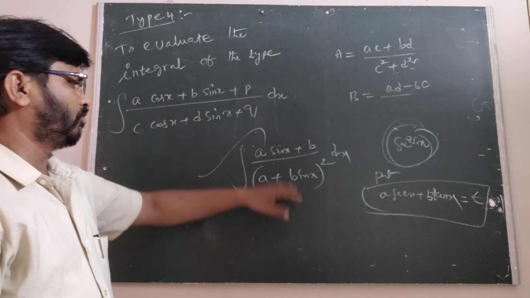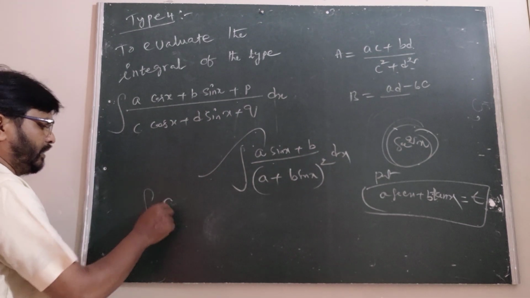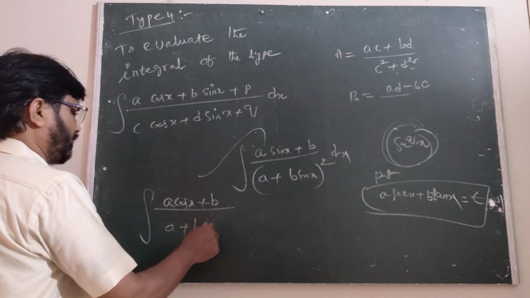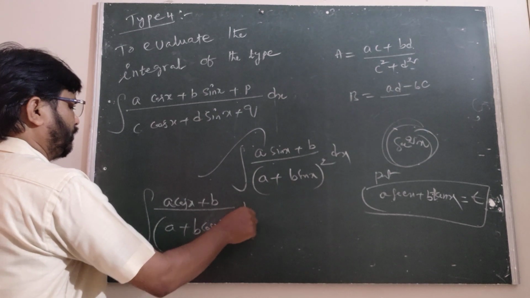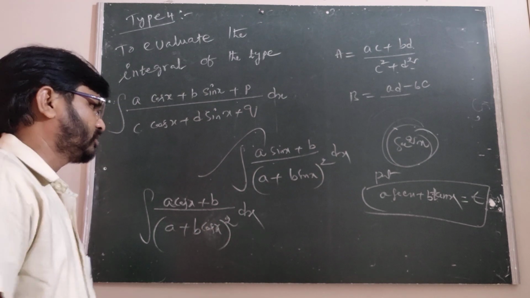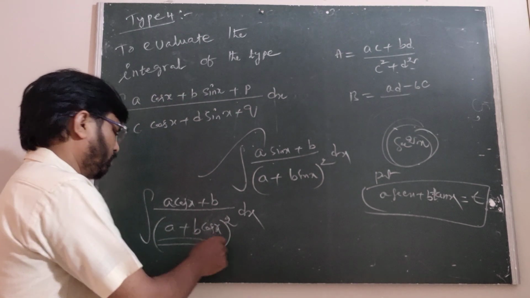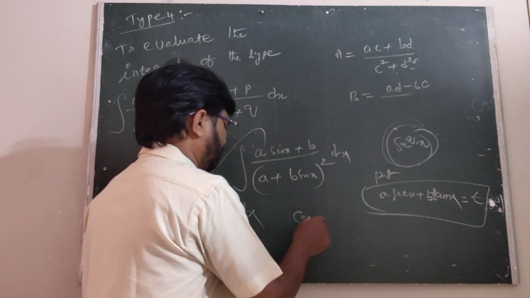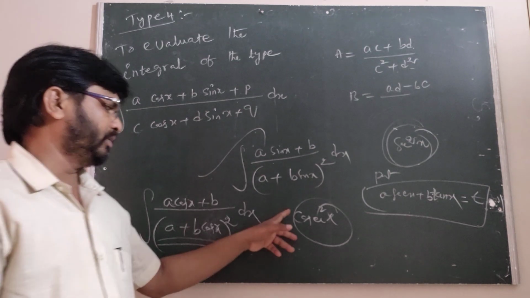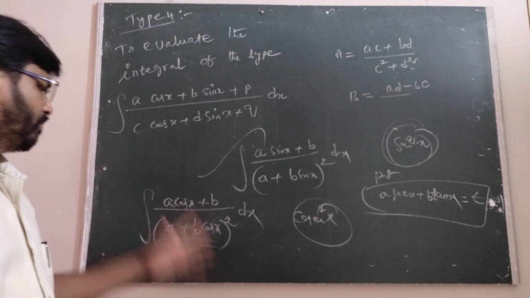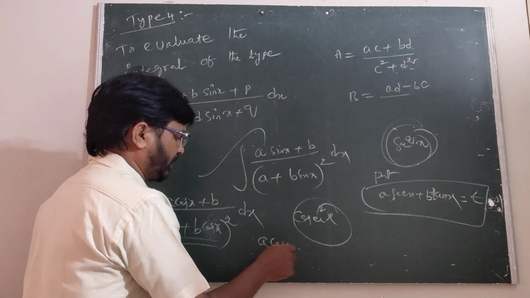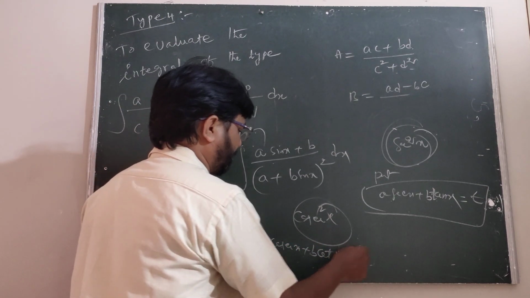This is 1 upon t square we are getting. Similarly, the integral of (a cos x plus b) by (a plus b cos x) whole square into dx. So how to solve this one? We again multiply with the cosecant square x, both numerator and denominator. After that, a cosecant x plus b cot x, a into cosecant x plus b into cot x, be taken as